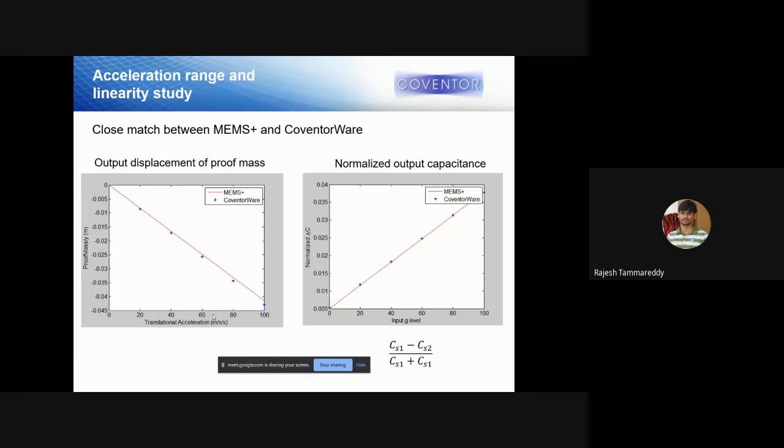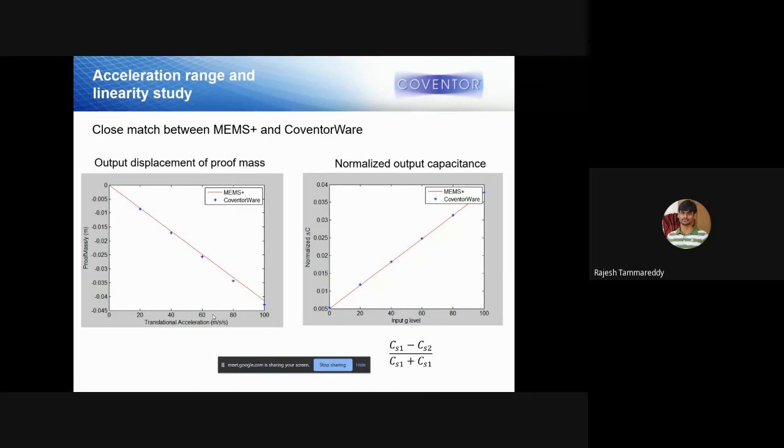Yeah. So if you see here, we are studying the accelerometer range and linearity. What we do here is vary the input acceleration. We are doing the simulation both in Coventor and MEMS Plus. You can do this translation acceleration in the direction when we give 0 to 100 G. On the left side, what you see is a displacement, because of the force your mass is moving, right?